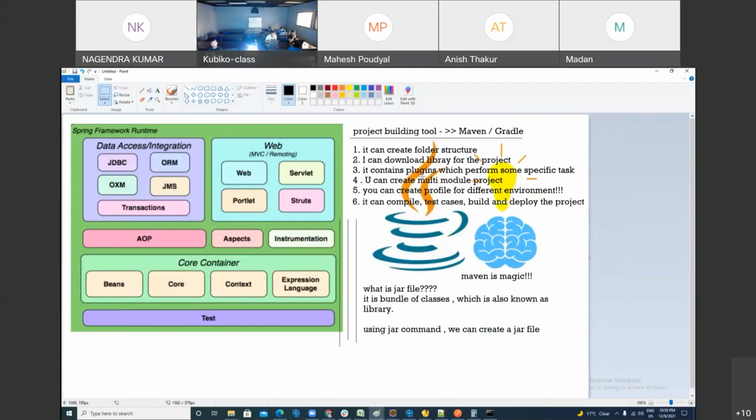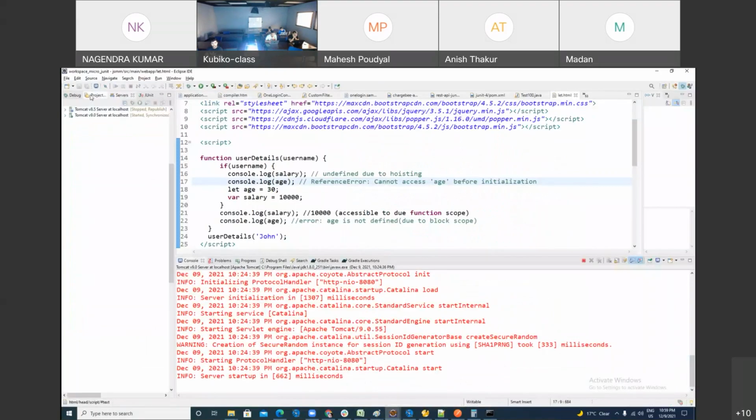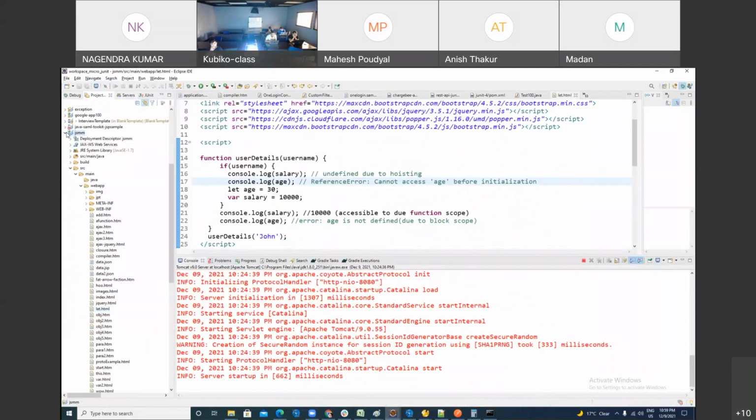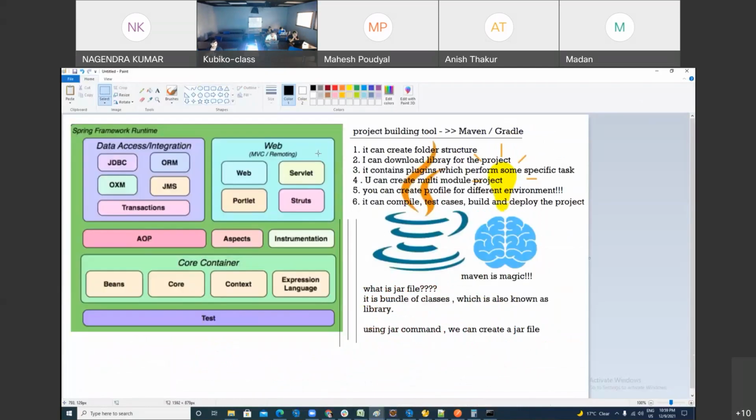So I was just talking about this Maven, right? So how to install it? What I said, Maven comes with Eclipse as a plugin. Are you following me? So for today, I'm not going to install Maven. Why? You already have Maven in Eclipse as a plugin. But if sometime you have to run Maven without Eclipse, then you need to install it on your computer.